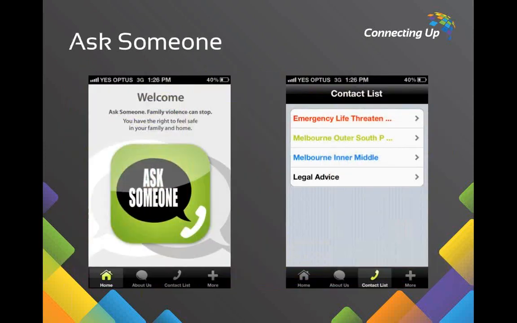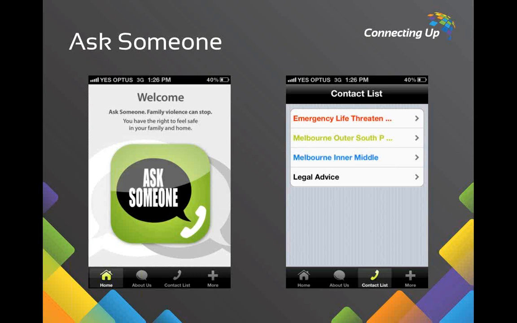Ask Someone is an app that actually was a finalist in the Mobile Awards last year, the Australian Mobile Awards. So it was developed by the Southern Metropolitan Region Integrated Family Violence Executive Committee. So basically it's a domestic violence referral pathway system.